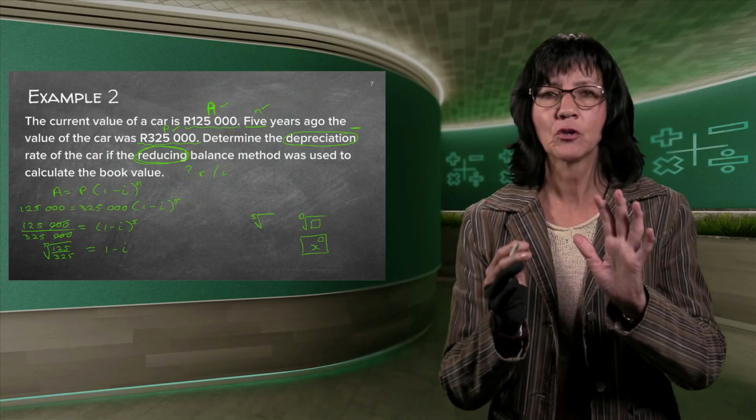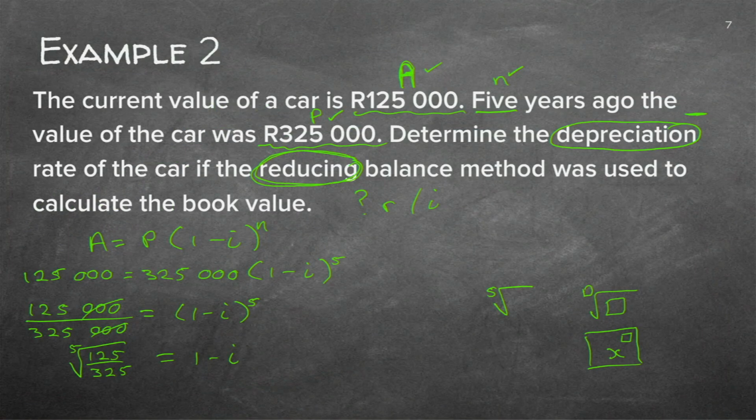I don't want that. So to make it the quickest, easiest possible way, I'm going to bring the I to this side. I'm going to leave the 1 there, and I'm going to take the whole left-hand side to the right-hand side. 125 over 325. And that seems very ugly, but we got it by just shuffling the formula around. And now I'm going to click in my calculator. 1 minus, and I'm going to go to that button, Shift. Where is it? There. And on the outside, I want the 5, so I click on the 5, and then with my cursor, I go to the inside of my square root.